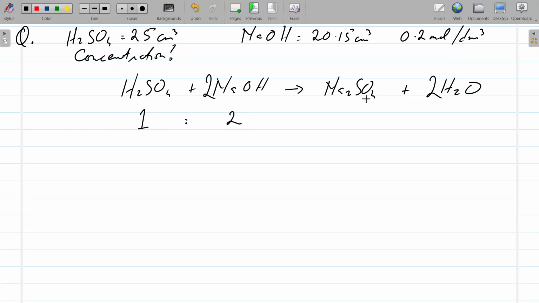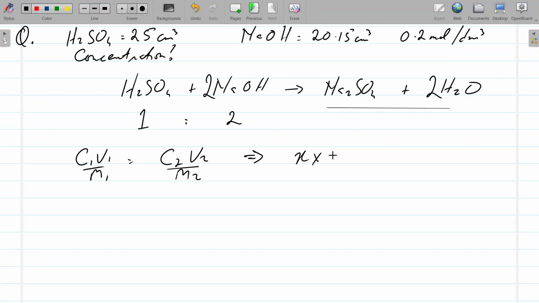We're not concerned with these guys because the reaction's happening between the sulfuric acid and the sodium hydroxide. So the ratio is 1:2. And so remember C1 V1 over M1 equals C2 V2 over M2. Right? Let's take one as sulfuric acid. So the concentration is unknown. So that's X